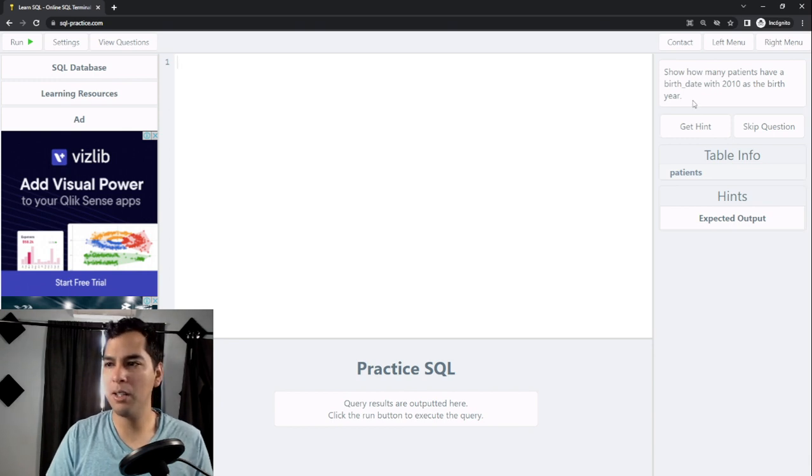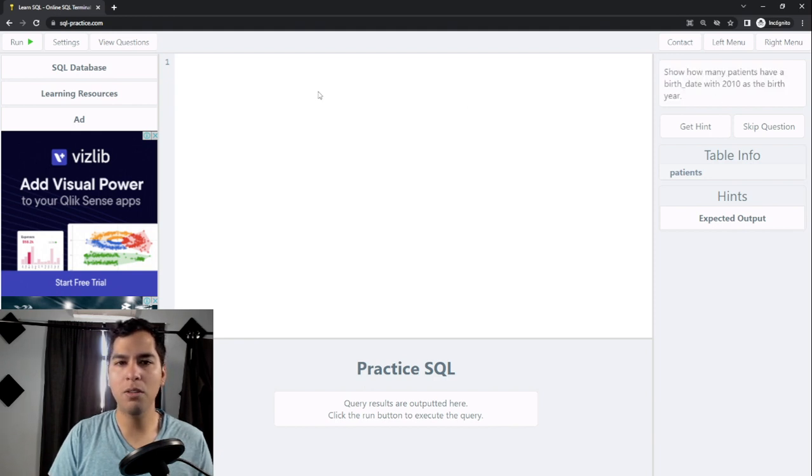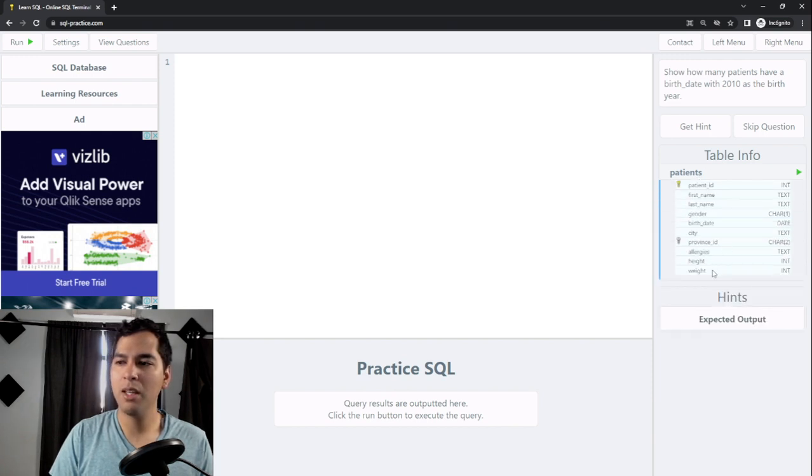And first of all, we need to understand the question. So the question says, show how many patients have a birth date with 2010 as the birth year. Okay, so first of all, we are looking at a database from a hospital, a fictional hospital. So we have a table here called patients, which has information about patients inside a hospital. For example, the first name, the last name of the patient, the gender, the city, the height, weight, etc. So the question wants us to show how many patients have a birth date. Okay, birth date, here we need to find